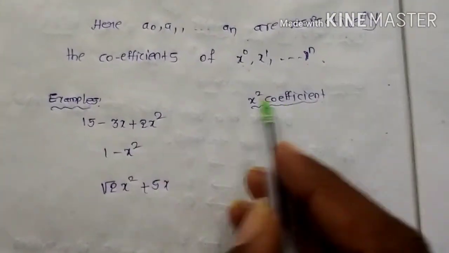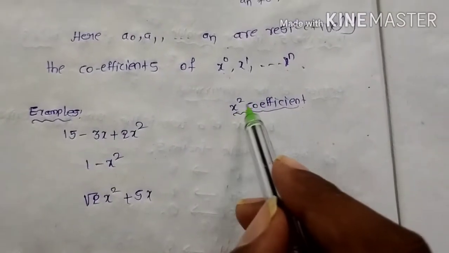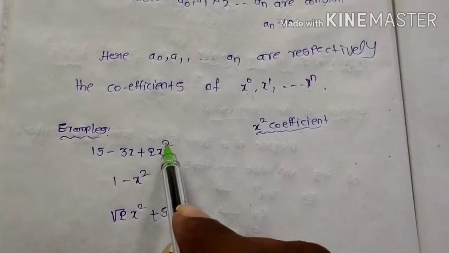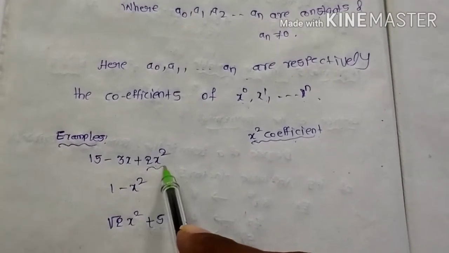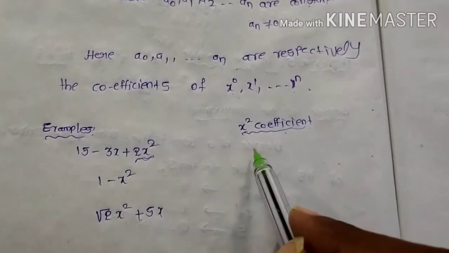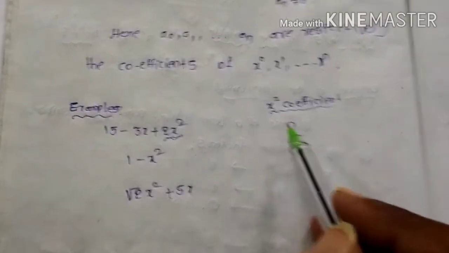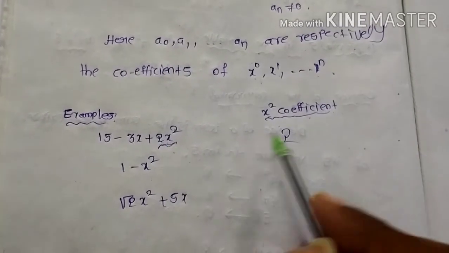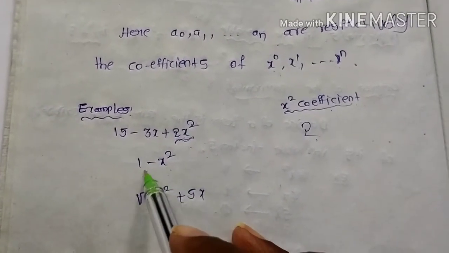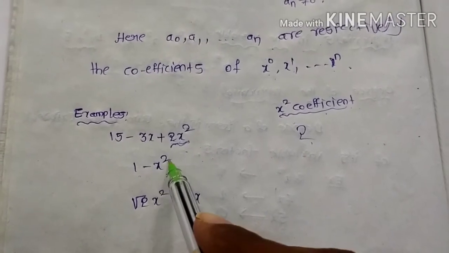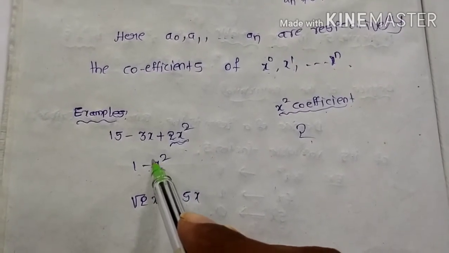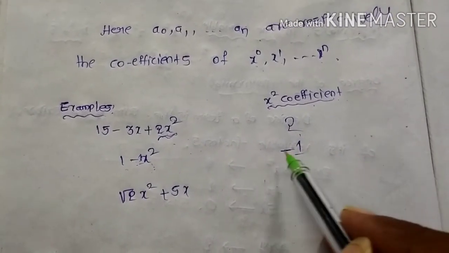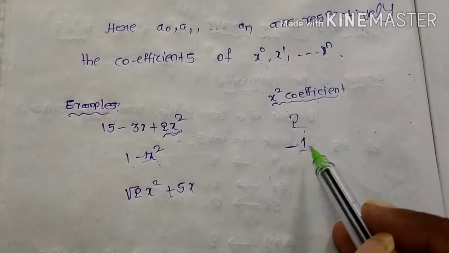It is very easy. Now you can see the examples. I am just asking you the x square coefficient. See where the x square is. Now you can consider what the constant is here, 2, or not. So your answer is 2 only. Just I am asking what the x square coefficient in this polynomial is. 2, you can say. Now see the next one: the x square coefficient is minus 1. Yes or no? It is minus 1. You can write minus 1. If it is minus, you must mention it. Don't write plus 1. Your answer is minus 1.